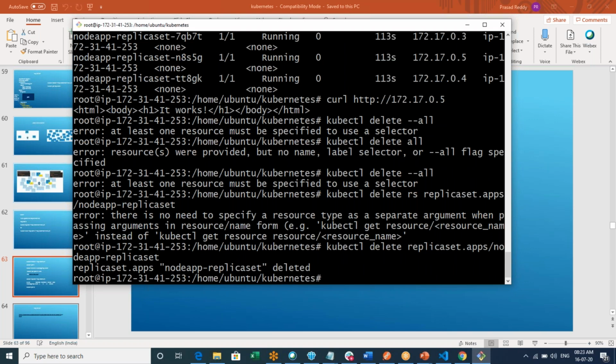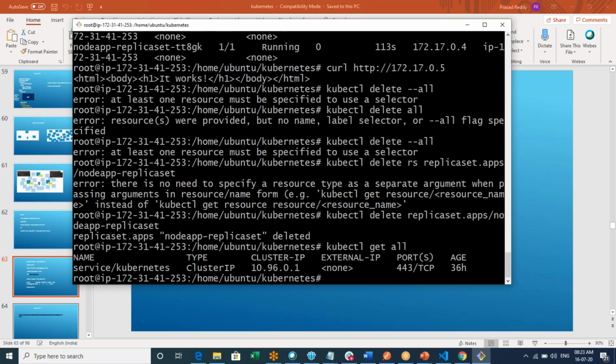Okay, so I just mentioned the name of the replica set. So there is nothing now. If we delete the replica set, even the pods also got deleted.